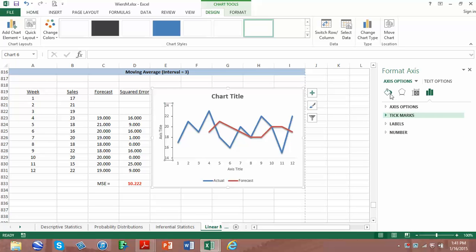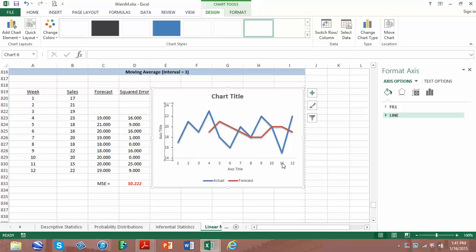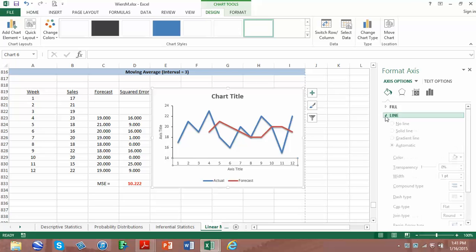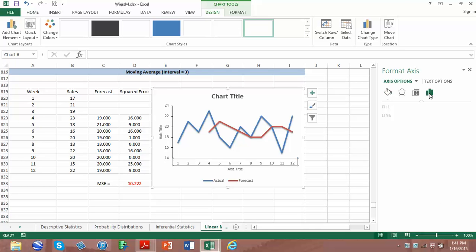And go to the paint bucket and solid line black. That's good. Just make sure it's black. Yeah, it's black. Good. Now on the x-axis, double click those and go to line. We'll say solid line. It's black. Good. And we want tick marks, major tick marks outside,